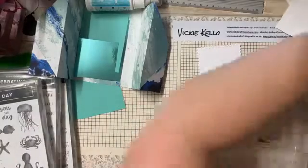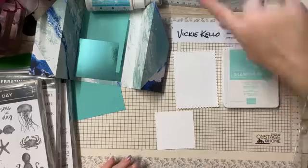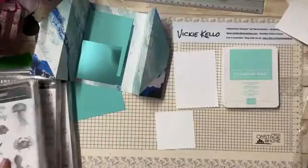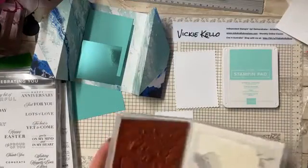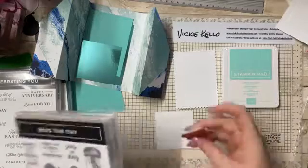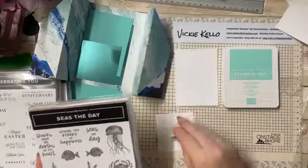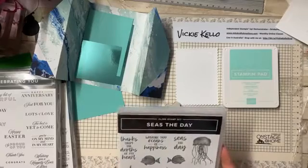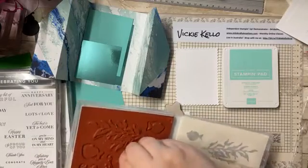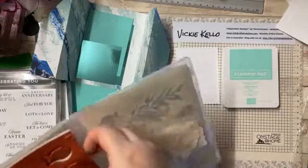Okay, I have got Coastal Cabana ink out. I bought a couple of packs. Oh, nice, Kerry. Stand that up. So I want to use in here the Wishing You Oceans of Happiness. Whoops. And I think maybe the starfish. We could stamp in the background a bit. And then on the inside, do you think...